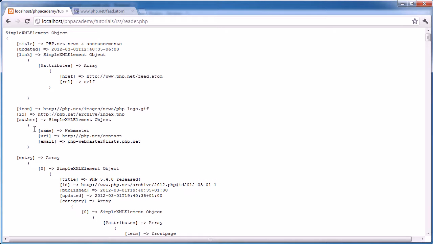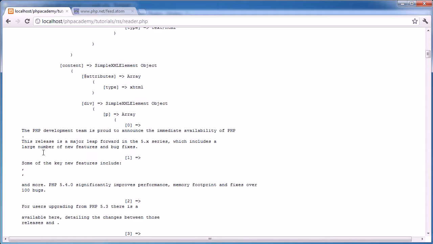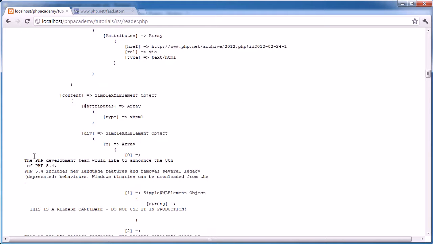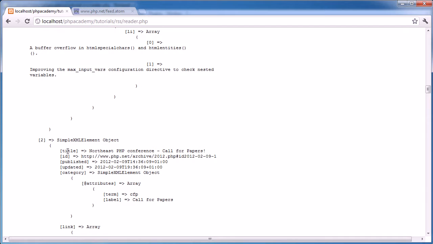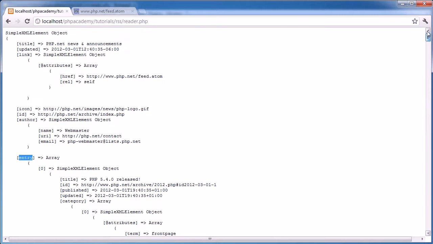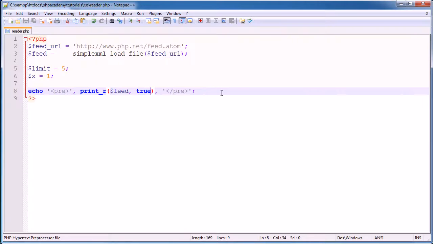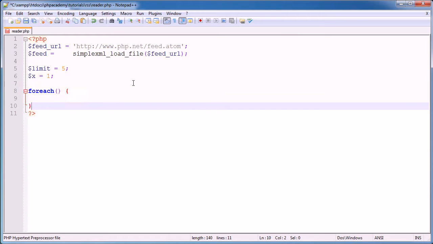So we can easily loop through each one of these entries here and then grab these bits in between, title and ID. So for every one of these entries, which there are a few, if we scroll down we'll see another one. There's quite a lot of data here. This will be an entry as well. We want to display them out. So that's a good way to look at it. But what we want to do is say for each feed, which we've just seen graphically, represented in a different way,